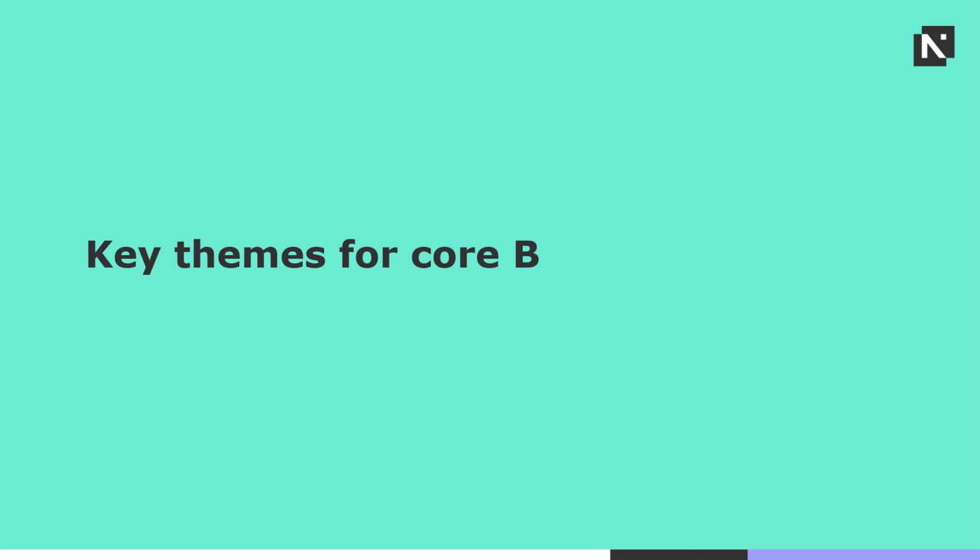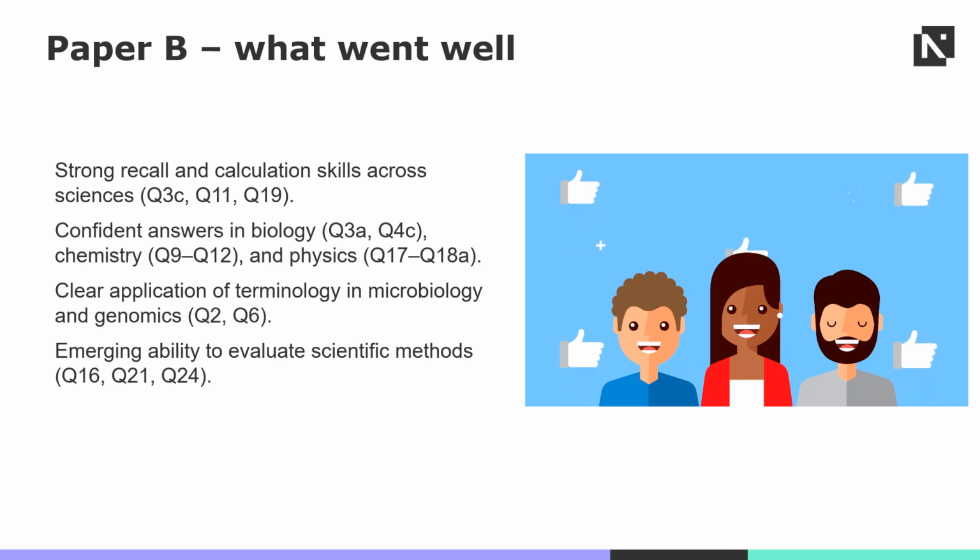Now let's explore the key themes from paper B. Paper B highlighted a number of positive trends across the sciences. First, we saw strong recall and calculation skills across disciplines. Students performed particularly well in questions 3, 11 and 19, demonstrating confident use of formulae, units and methods to reach